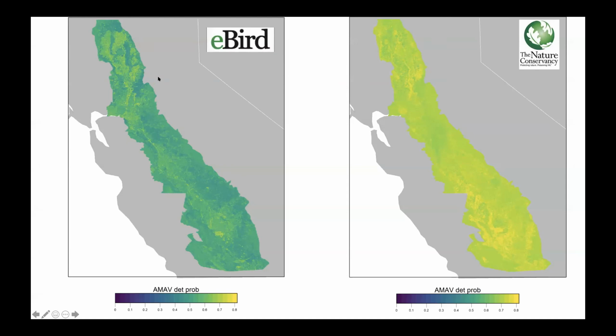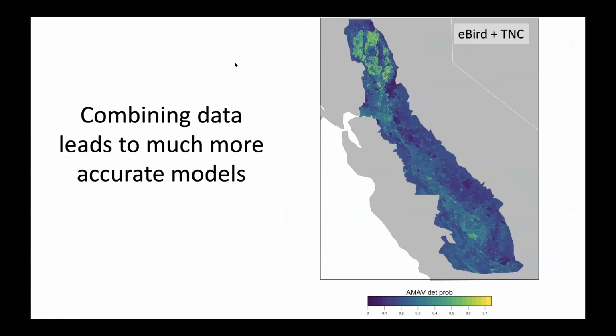The other side of that is that eBird doesn't have a lot of data in it from these private rice fields. So the data that the Nature Conservancy is providing for private lands fills a data gap in eBird. And when we combine this data, we get a much better map, right? We get a much more accurate model. And here you can see much hotter hotspots and cooler cool spots. So this is a good example of what combining your